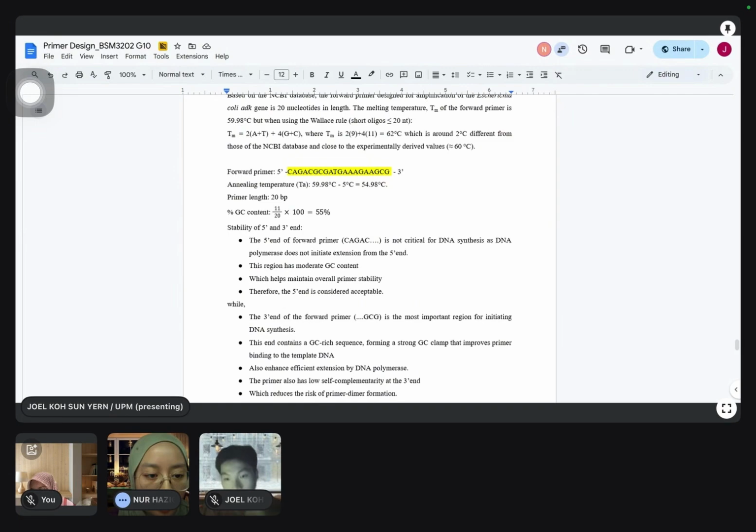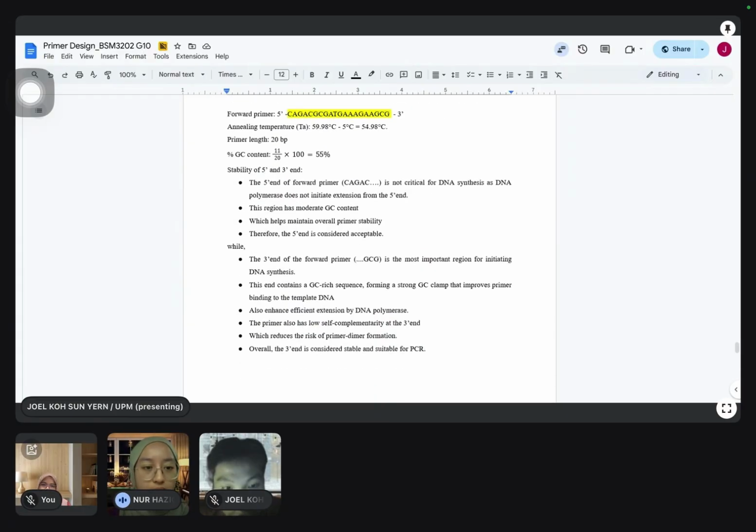At this region, it has moderate GC content, which helps maintain overall primer stability, and therefore the 5' end is considered acceptable, while the 3' end of the forward primer, which is GCG, is the most important region for initiating